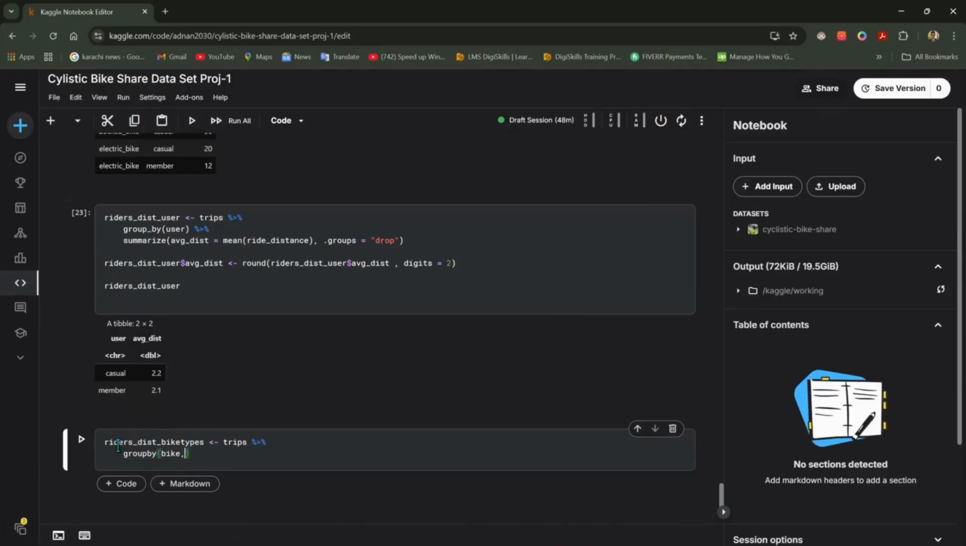bike, comma, user, percent, percent, summarize, average underscore distance, and there is one missing here. It is group underscore by. Okay. So average distance, which is equal to mean, and now we want to calculate what? We want to calculate the ride underscore distance and comma, and it is group,